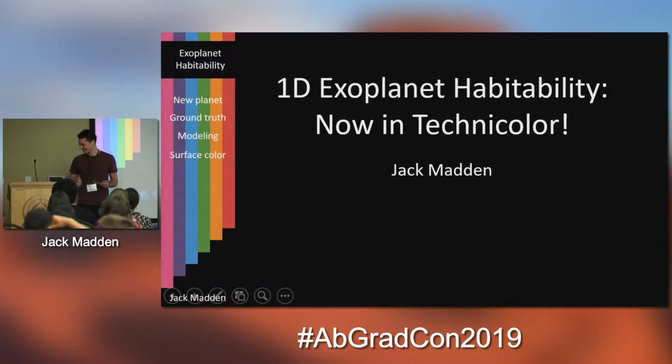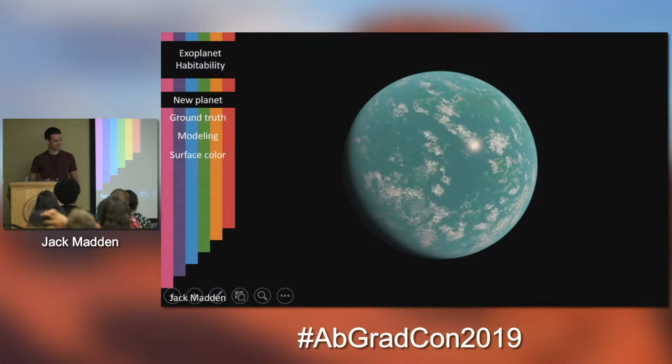Perfect. Okay. So I'm going to be talking about color. I'm going to be talking about it in a couple of contexts, all related to exoplanet habitability. We'll be talking about how we can use it to classify things now and how I'm using it in some models to classify things in the future. And I want to do it by telling the story of a planet just recently discovered,